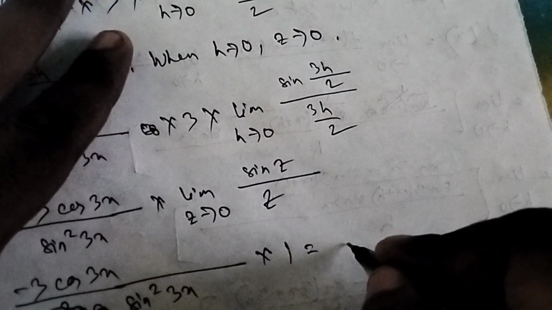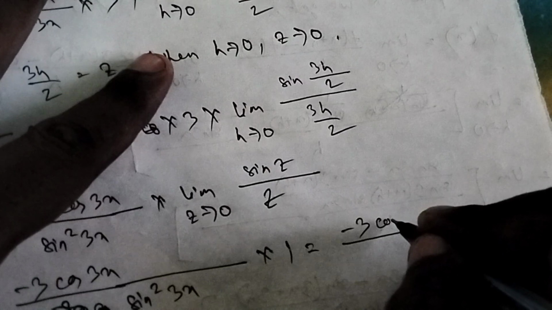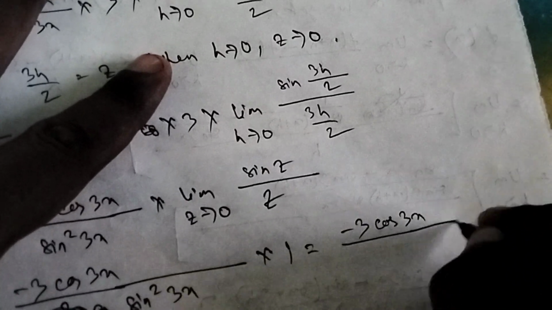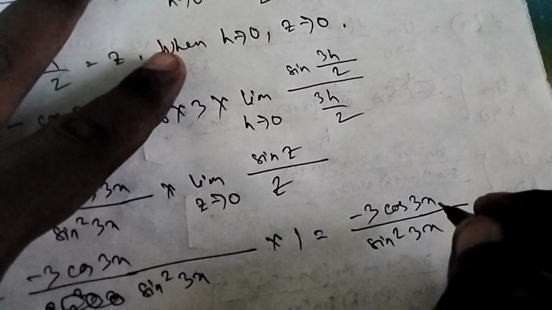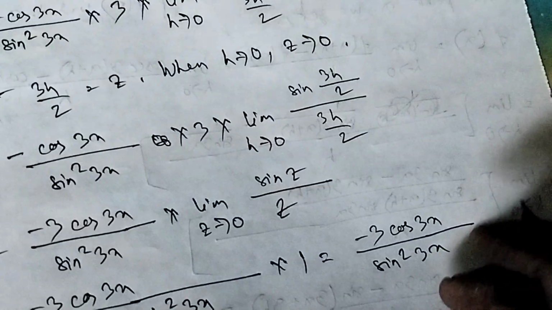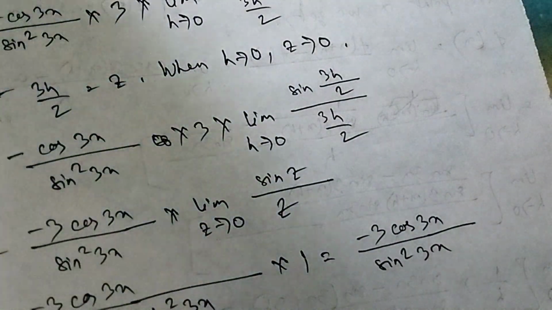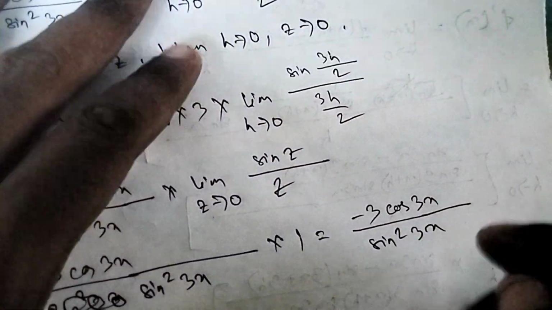So finally it will be minus 3 cos 3x by sine squared 3x. Okay, so finally